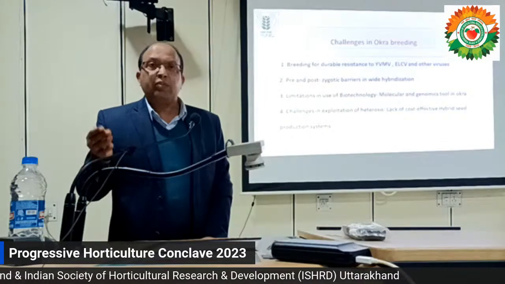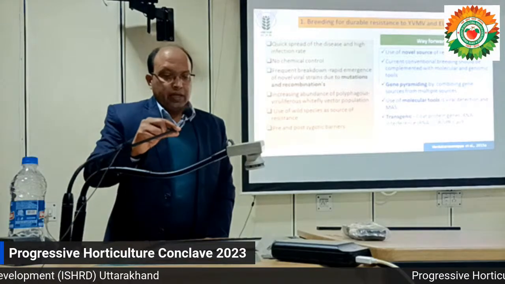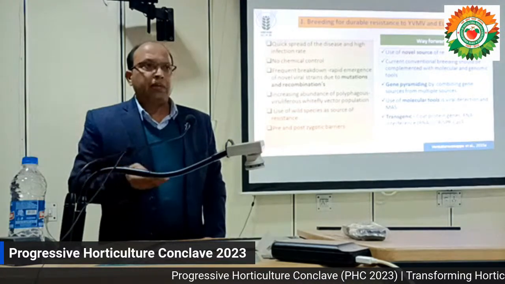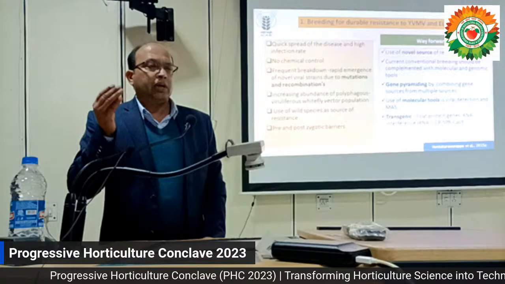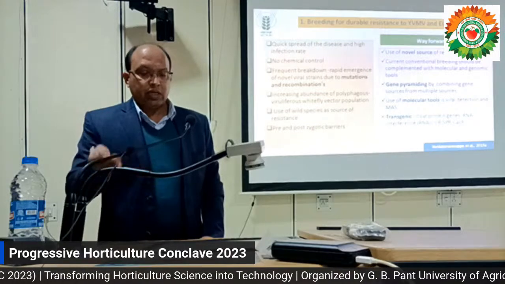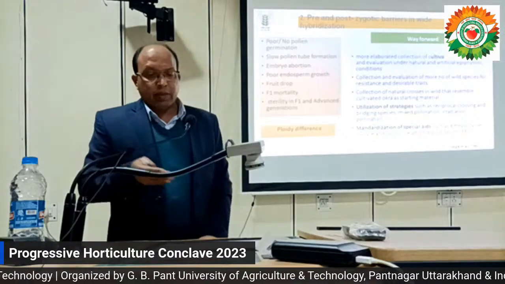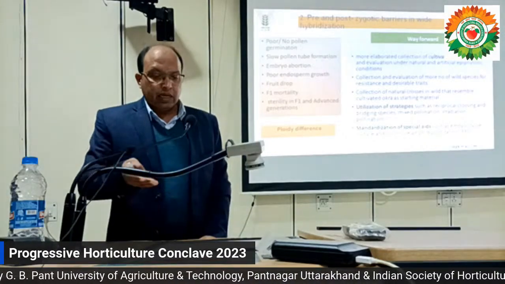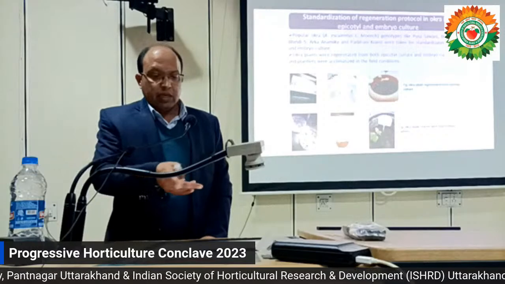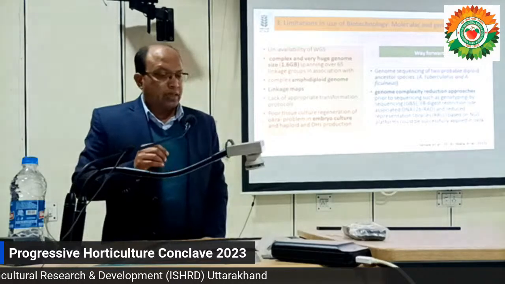Then pre- and post-zygotic barriers are there in okra. We will go for breeding of durable resistance. We have to go for novel sources, like Abelmoschus tetraphyllus, which has been used, and many others. But one source is Abelmoschus moschatus, which we are using. That will be helpful in developing another type of resistance, long-duration resistance. We are trying to do polyploidy breeding and utilization of some other approaches, and we have started utilizing resumption protocols. There is also limited use of biotechnology because of genome size and so on.